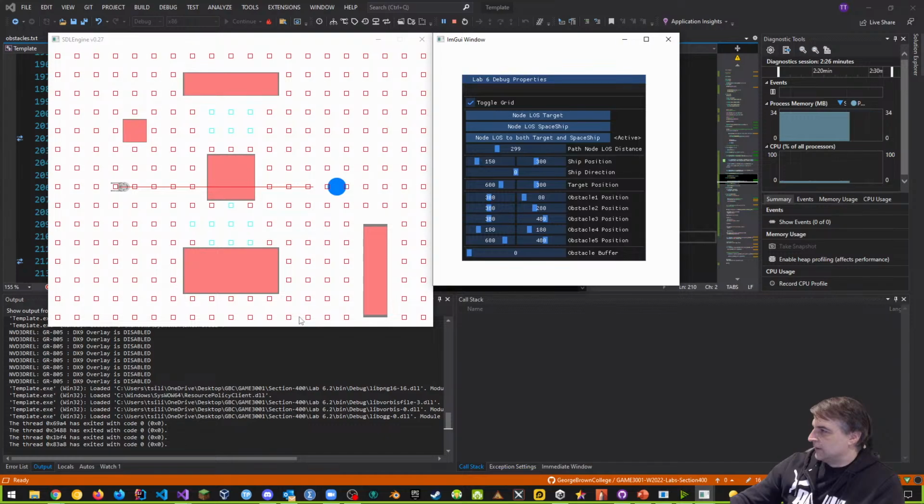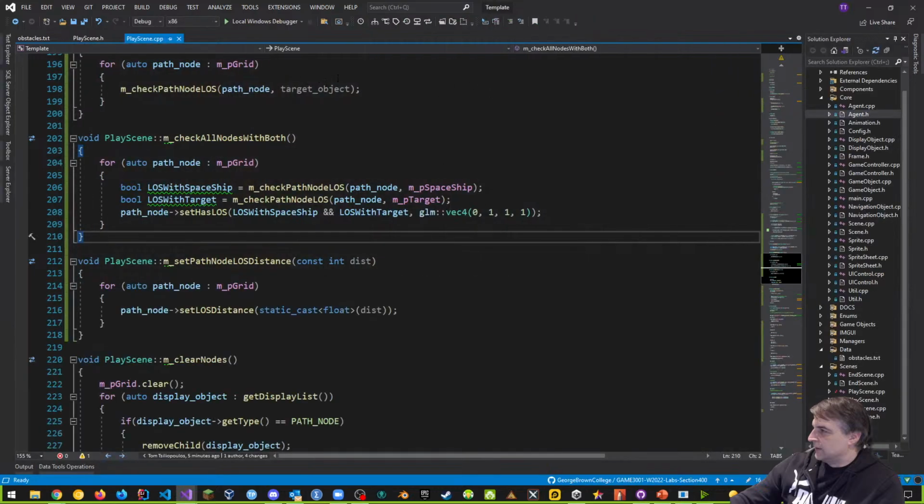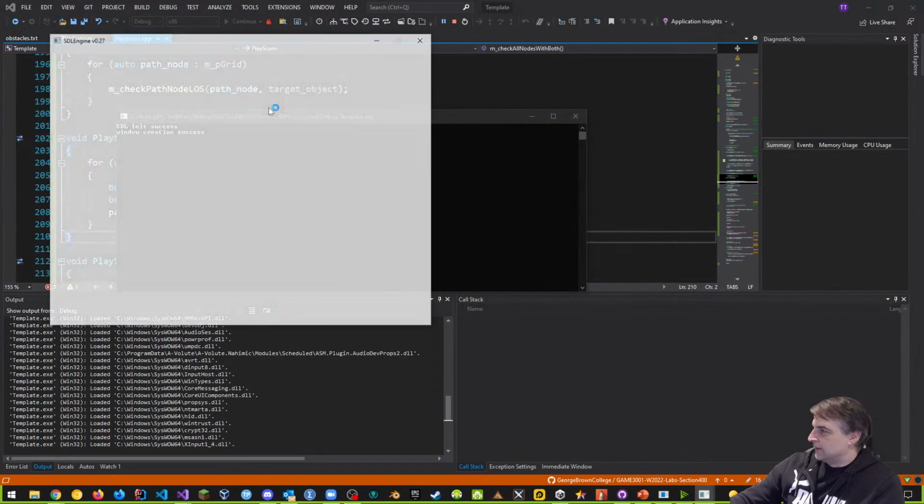They work if I change the distance to 500, but anything higher, it stopped working. Huh, interesting. Christian says, I had to click the path node line of sight distance slider for it to actually update to 1,000. Yeah, that's something that's weird. So it looks like the line of sight distance, this part right here, right? There's 1,000 right there, right? Let's redo that. Let's see if we can find that bug, because that's a bug in our code.